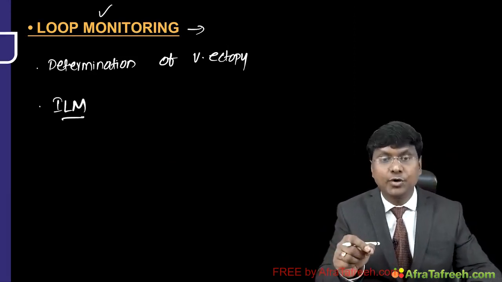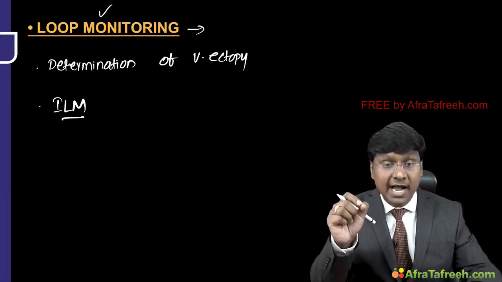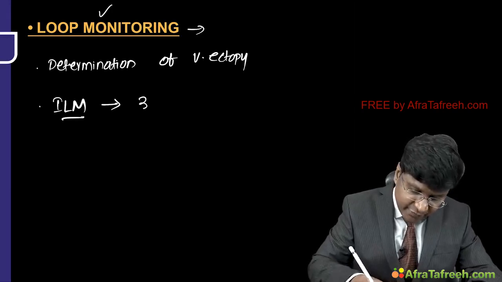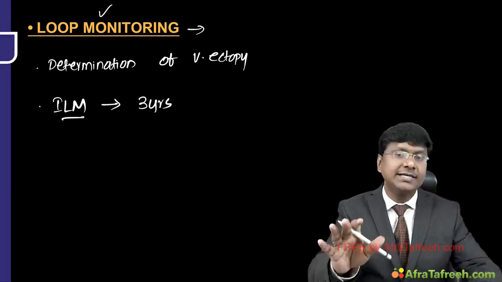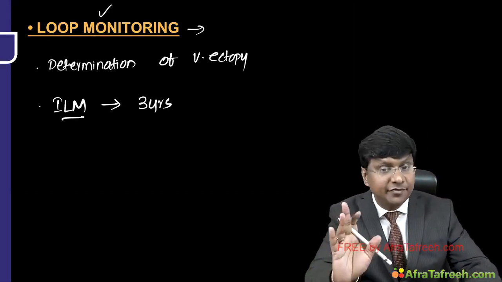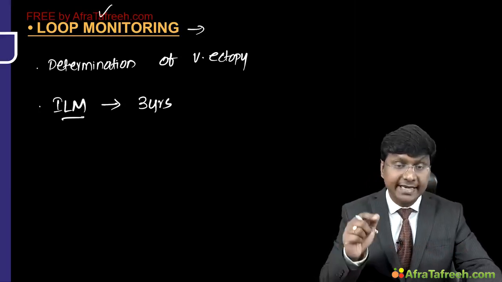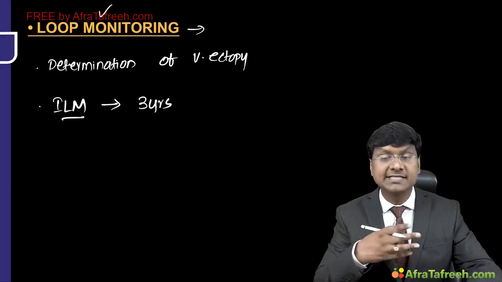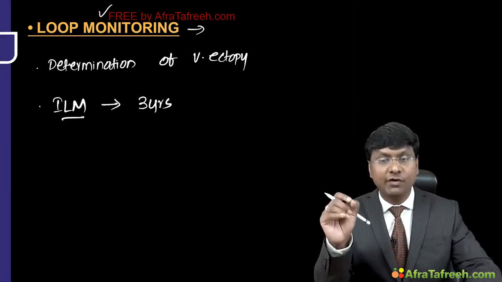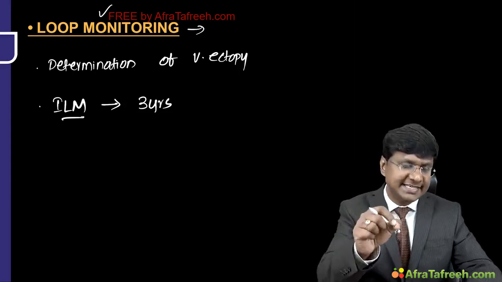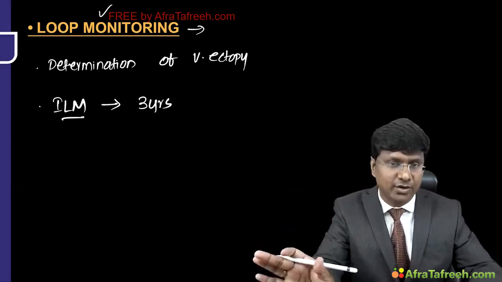An implantable loop monitor is a type of heart monitoring device that records your heart rhythm continuously for up to 3 years. So you need to place that implantable loop recorder that will continuously monitor the heart rhythm for up to 3 years, right? It will record the electrical signals of your heart and allows remote monitoring by way of a small device inserted just beneath the skin of the chest. That is about your implantable loop recorder.